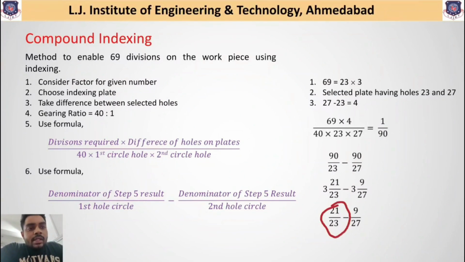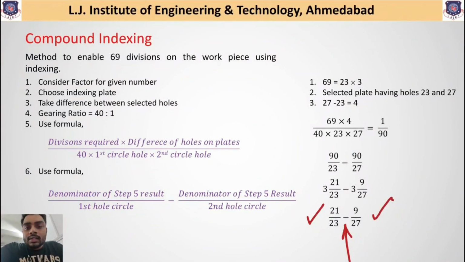this value interprets that on a 23 hole indexing plate, one must rotate the crank pin through 21 holes. That means on a 23 hole indexing plate, from the initial position rotate up to 21 holes available on the indexing plate. And over here, if the direction of rotation is clockwise, then as you can see, a minus